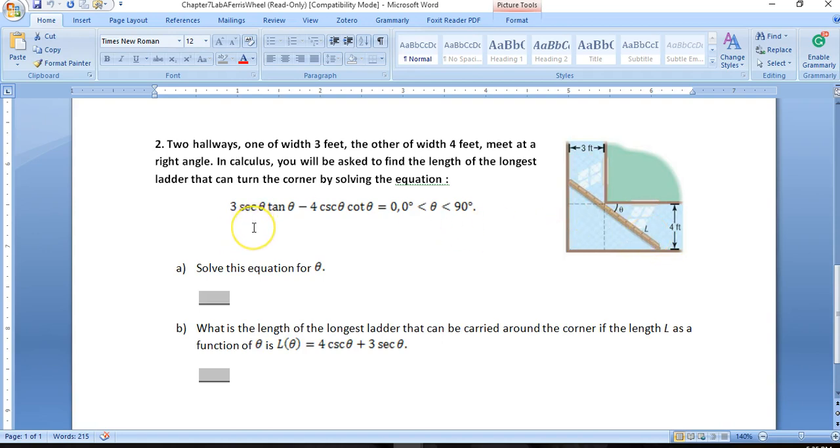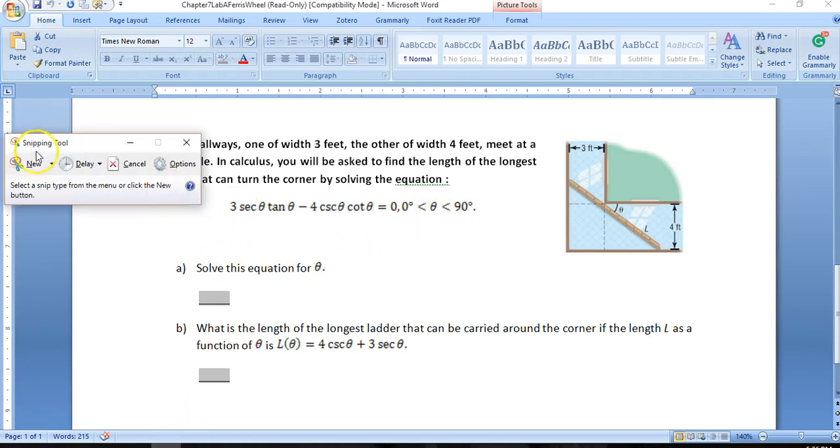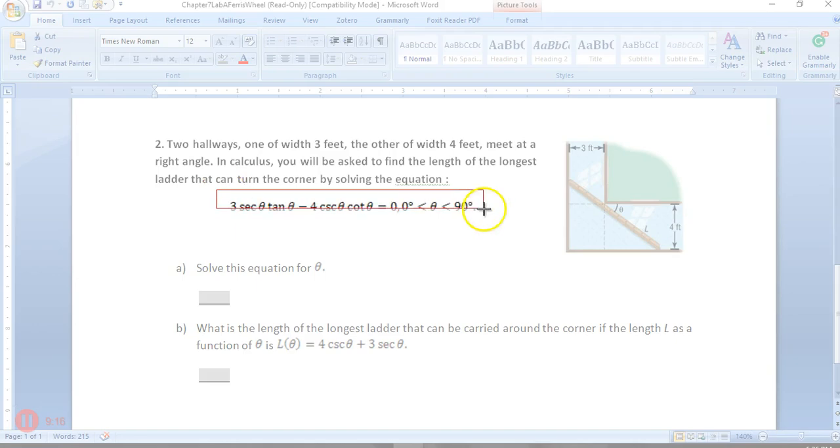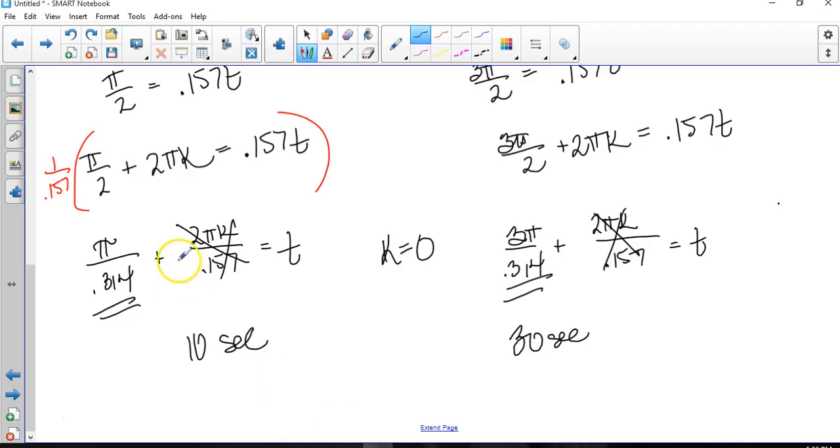You have this unfortunate equation right here that's set equal to 0. We're locked in the first quadrant, so it makes life a little bit easier. You're going to solve this for theta, so that at the end of the day when you solve this, theta is equal to, and I will tell you it's not a terribly nice number. It's between 0 and 90, obviously, but it's not on the unit circle. My recommendation would be, and I can't do too much of it or else I just kind of give it away,